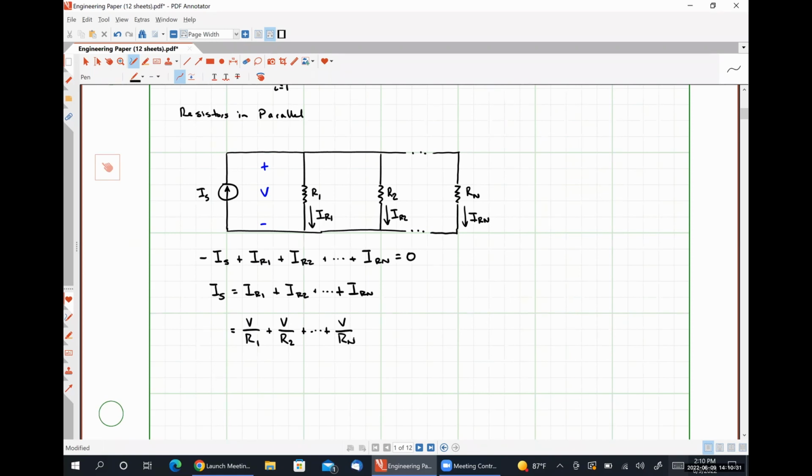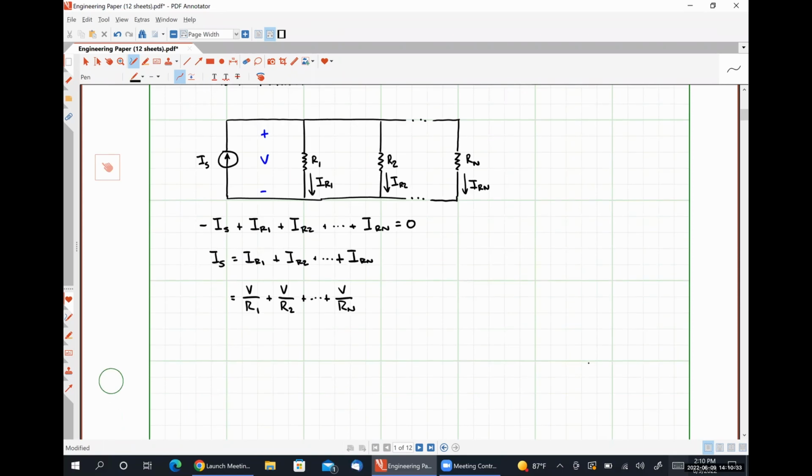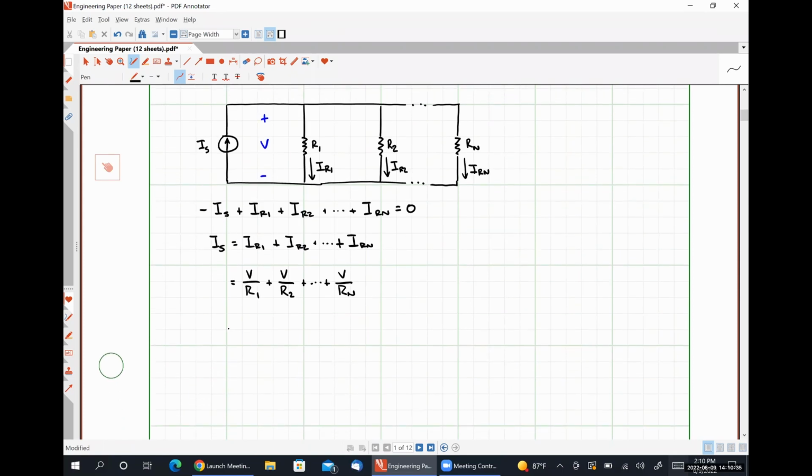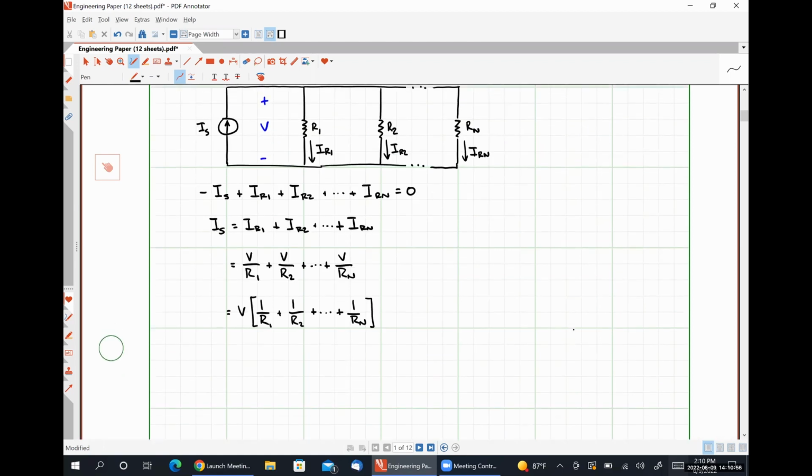Since all of the terms on the right-hand side have a common factor of V, I can move that out. And I will see V multiplied by 1 over R1 plus 1 over R2 plus 1 over Rn,